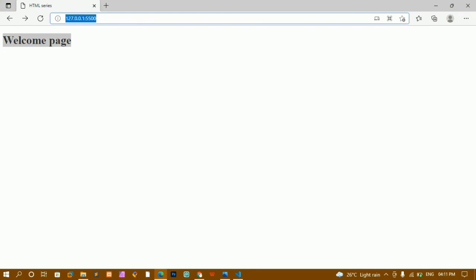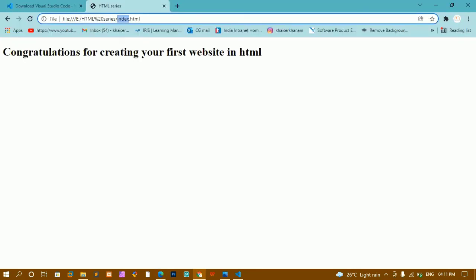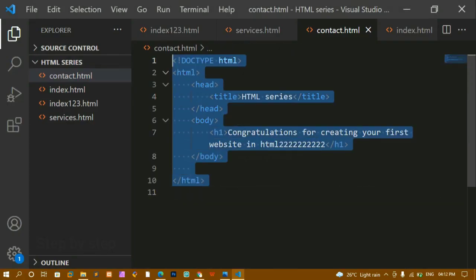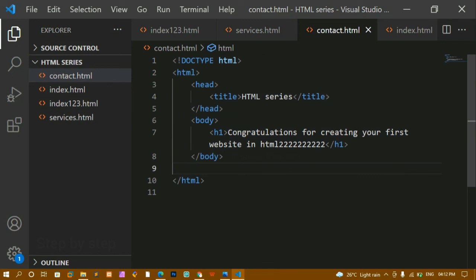And also you can see the basic difference between URL and here I am having this kind of URL. You have to understand this basic difference, only then you will be able to work with HTML. You don't get confused. HTML is very easy. If you just know the basics, then you can just start creating the projects.